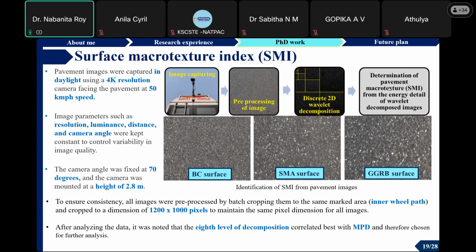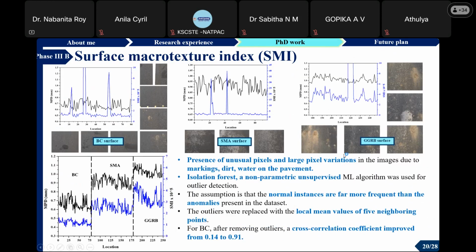So after analyzing the data, it was noted that previously for microtexture you have seen that the 5th level of decomposition is giving a better result, right? So here the 8th level of decomposition correlated very well with the MPD data, which is observed from the laser profilometer. So here from these graphs you can see the BC, SMA, and GGRB surfaces, MPD versus our